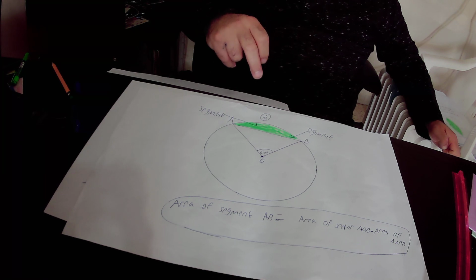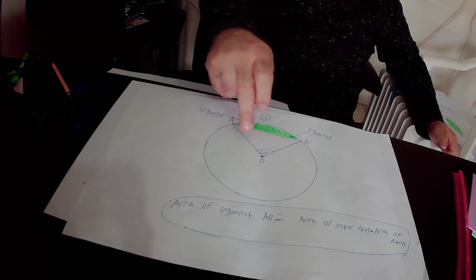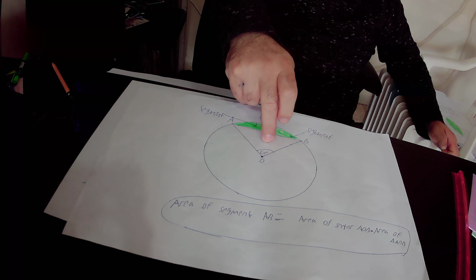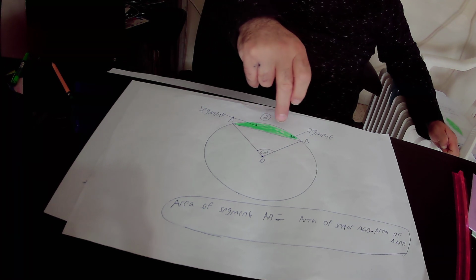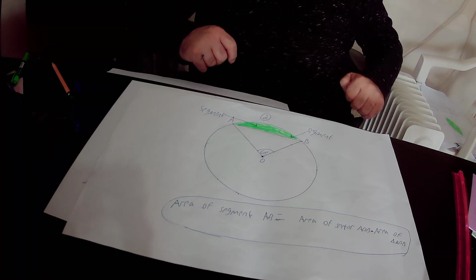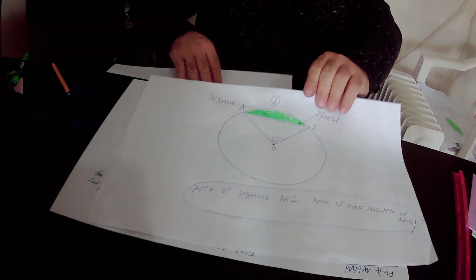Okay, you can see that if you subtract from the area of sector AOB the area of this triangle, triangle AOB, you will get exactly the area of this green segment, segment AB. Okay, then in the next step,